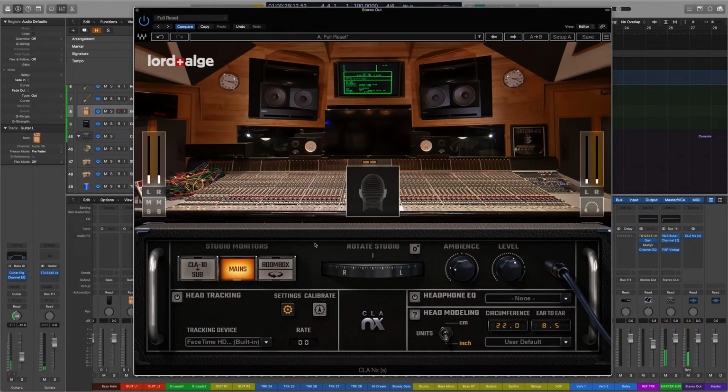All right, and now we'll do the boombox when it's behind us, which actually this is really cool because unless you're sitting in the sweet spot, everything kind of goes to mono. So this is essentially kind of doing the same thing in a way. So let's check that out.